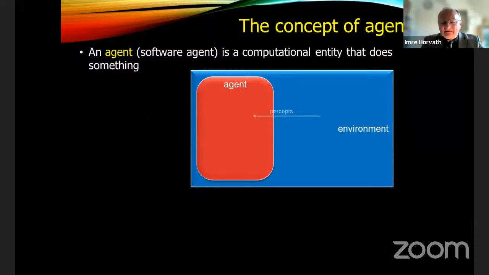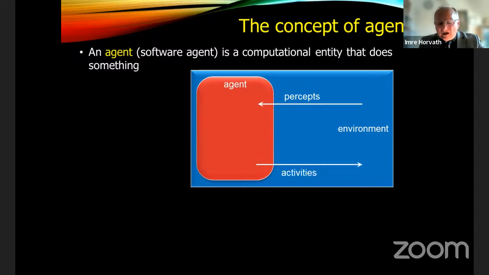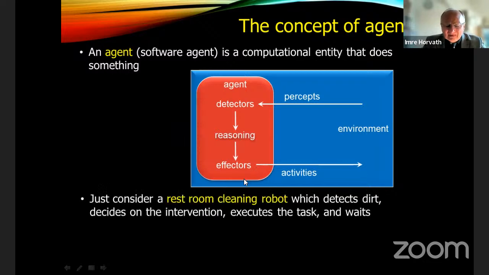But if we consider that the agent is related to the environment and has percepts related to the environment, and also does certain activities which are used to change the environment, then we can see that most probably the agent includes certain kinds of detectors, a reasoning mechanism, and some sort of effector mechanism. As a demonstrative example today, just consider a restroom cleaning robot. This is definitely an agent because it is